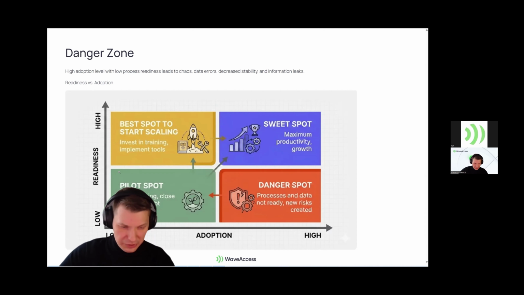Readiness includes how data is handled and stored, what the current optimization of processes is, and whether processes are automated. If it's low, the data sits in Excel files, or you have just one CRM without any automation at all, or most of the processes are offline, not online. And if adoption is low, then you're in the pilot spot,